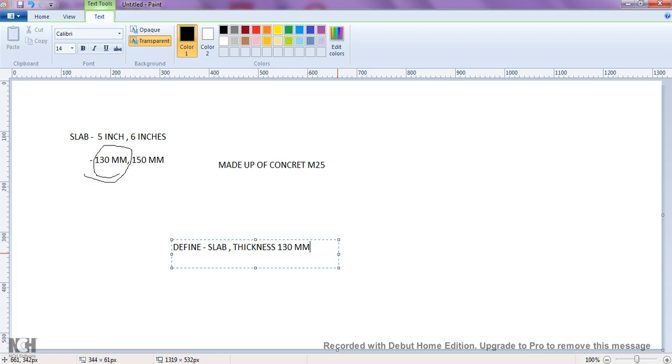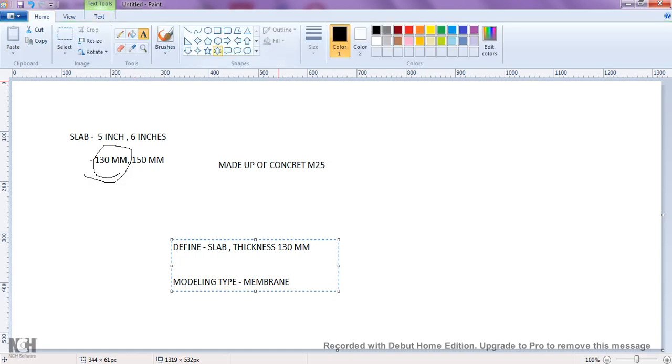Next, it will also ask you about the modeling type. You have to choose it as membrane. There are two kinds of slab here.